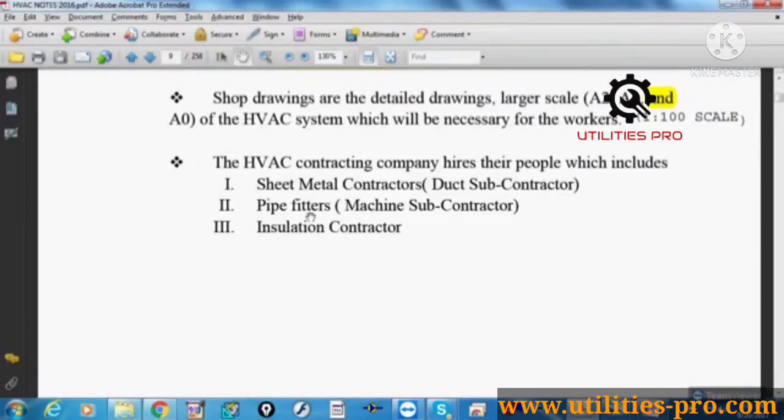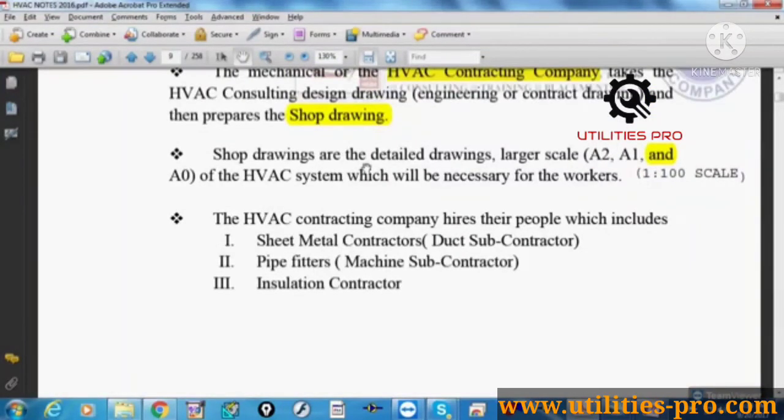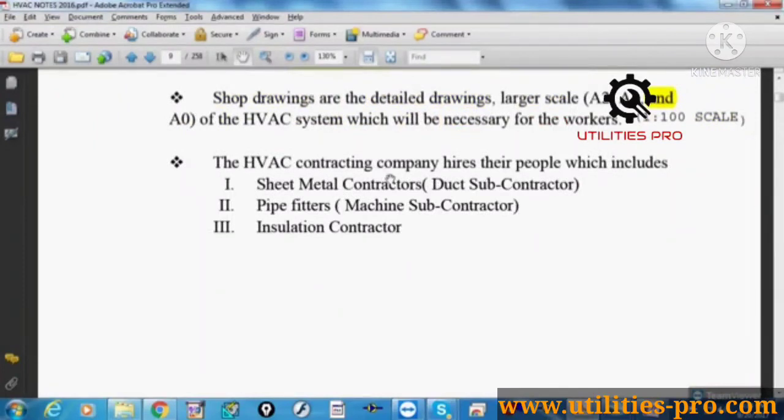So when I get the project as a contracting company, I'll hire the subcontractor people as per the project requirement. Some subcontractors provide good quality, some will provide normal quality. So as per the project requirement, I'll hire, and the rate is fixed as per the market. I'll provide the work to them, I'll provide the detailed drawing, and even the material on site is my responsibility, meaning the contracting company's responsibility.